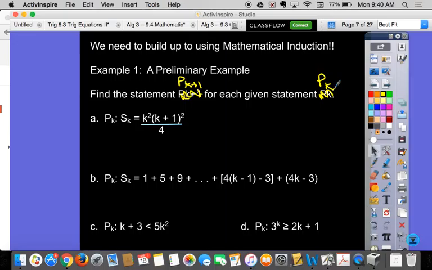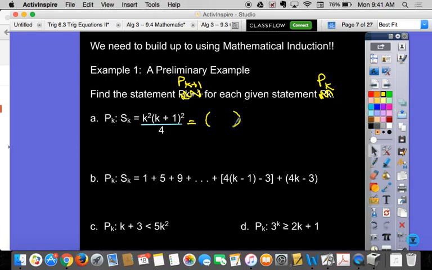So if you're given this representation and you want to know what k plus 1 is, you're going to come in here and everywhere you find k, you're going to substitute the k with k plus 1. Now, your use of grouping symbols is going to be extremely valuable. So if you already have parentheses in your problem, I highly suggest that you change them to brackets. And wherever you have a k,